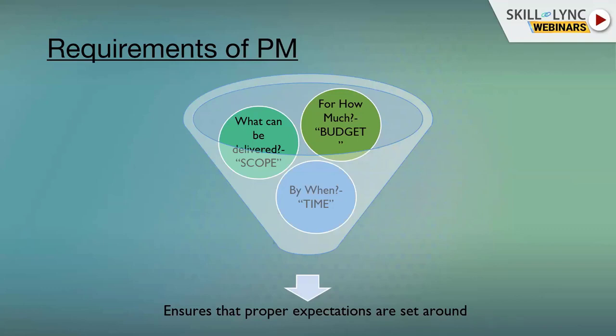The requirement of project management is because we should ensure that the proper expectations are set around, right? And how are these proper expectations set around? These are through scope, a well-defined scope, through a fixed deadline, and through a predefined budget, right? So always we ask why there is a requirement of project management. There is a requirement of project management because we have to deliver a certain task, a certain scope, right? And for that delivery of scope, it has to be done within a predefined timeline, and that timeline is defined by